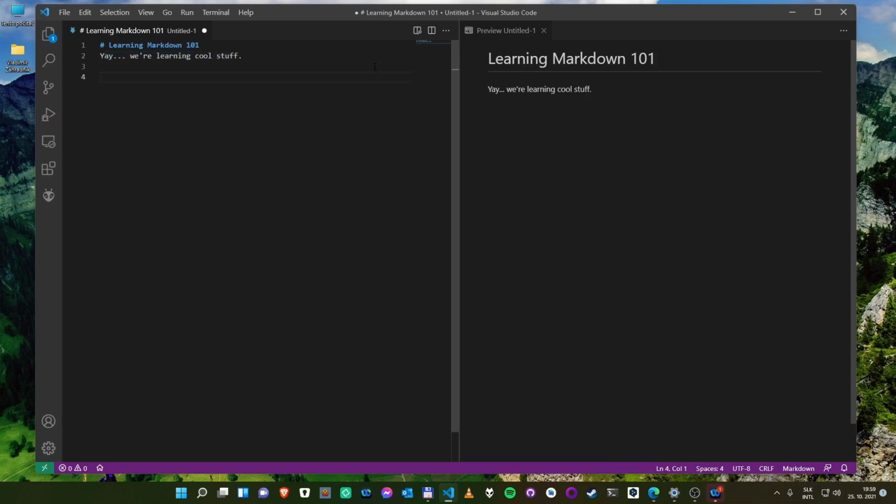Now let's say you want to use unordered lists, which is another typical thing you want to use. This is really simple. You just use dash and start typing. So first item, second item,